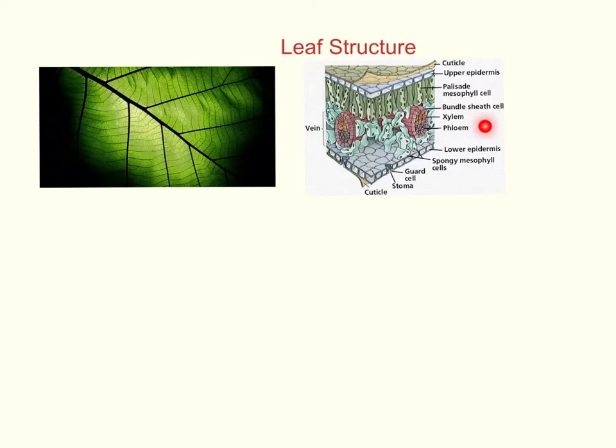You have an epidermis, just like we have an epidermis. They have an epidermis, lower and upper, meaning the top side and the lower side of the leaf. You have spongy cells, the mesophyll cells. You have palisade mesophyll cells, and within these cells is where you're going to find chloroplasts. You have guard cells that literally guard the cell. Let's take a closer look at this part here, at the stoma and guard cells, because this has a lot